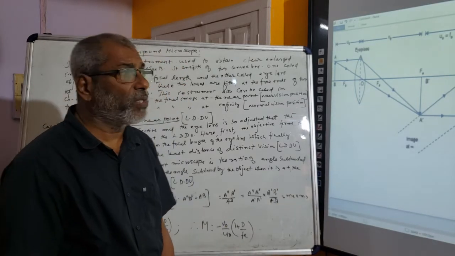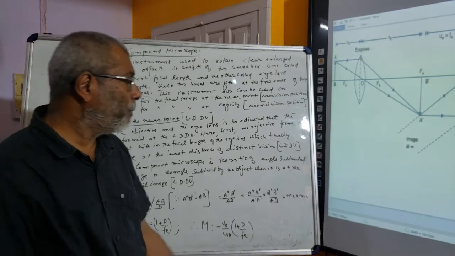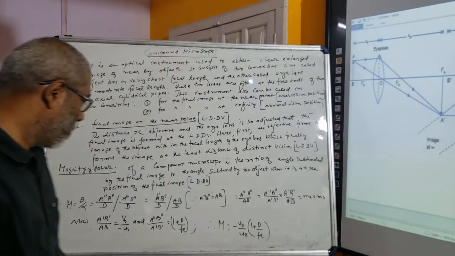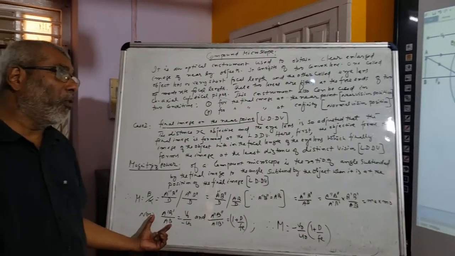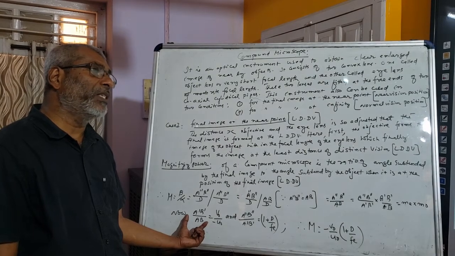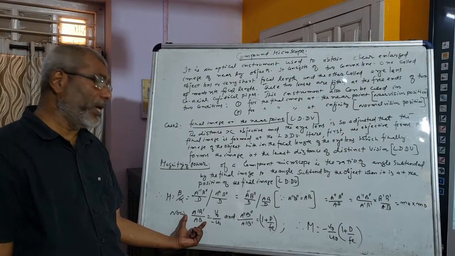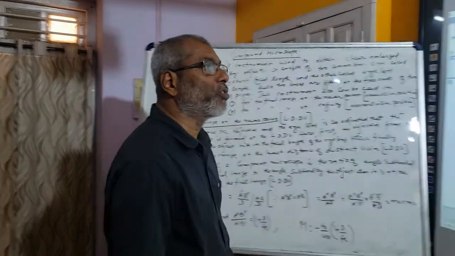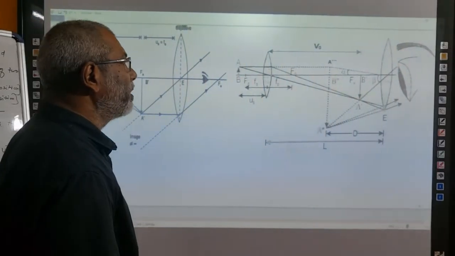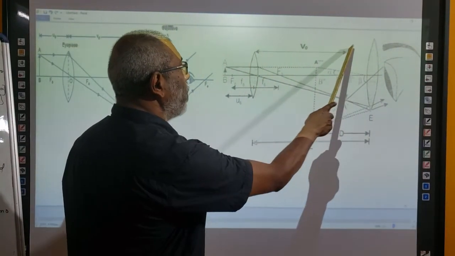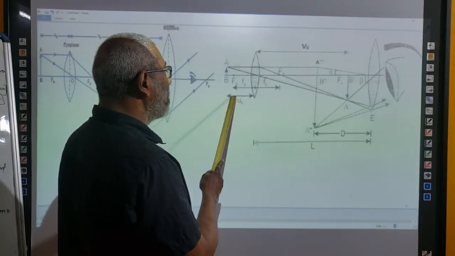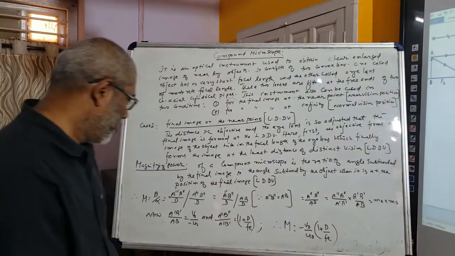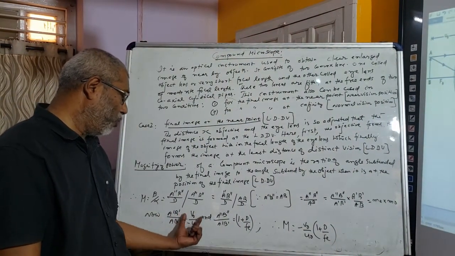So in this case, what we see is the magnifying power is the product of the magnifying power of the eye lens and the object lens. Now we know that for the object lens, size of the image by size of the object, that is A'B' by AB, is equal to image distance by object distance. That is also seen in the figure. What is the image distance of the object lens? That is VO. What is the object distance? That is UO. Am I correct? So what we wrote was A'B' by AB is equal to VO by minus UO.